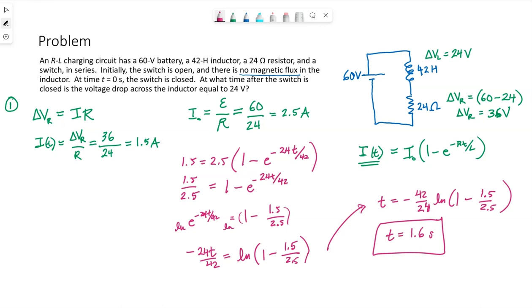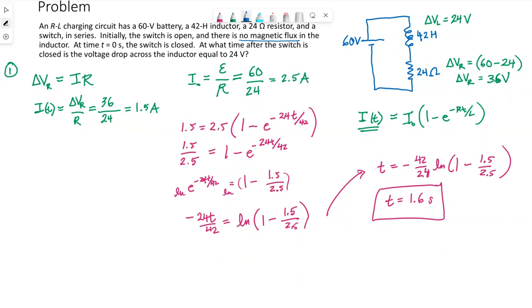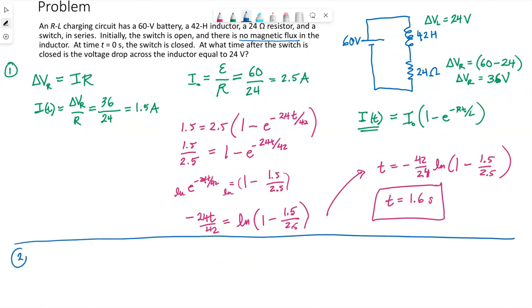There is one other way though, which I want to mention, because it might be the way you would have considered approaching the problem in the first place. So let me scroll this up a little bit. Our second option